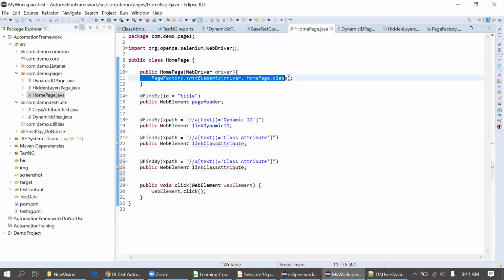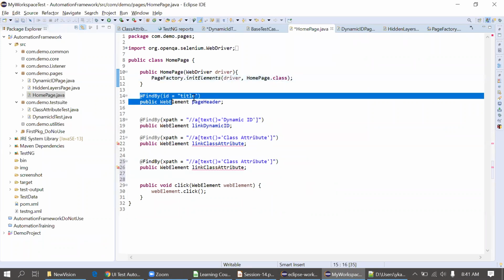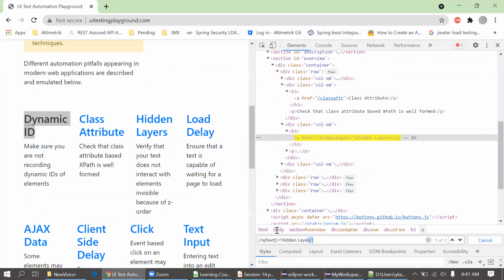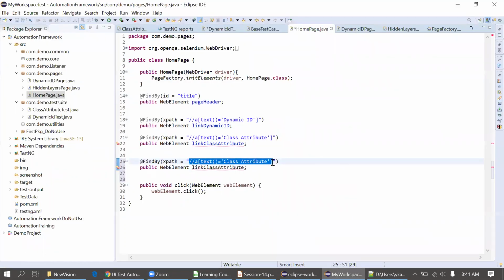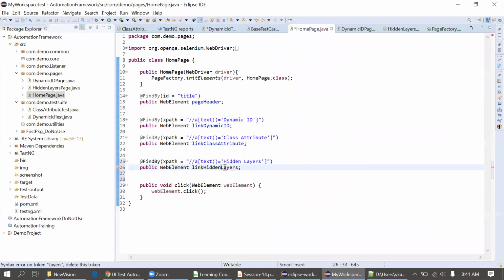You have to remember this sentence, and you have to use this FindBy annotation, this one. Okay, so you get everything in the page factory. Paste. Then I'll just make that link name as the locator name, link hidden layer. Okay, so I have created all the locators which are required for my automation.